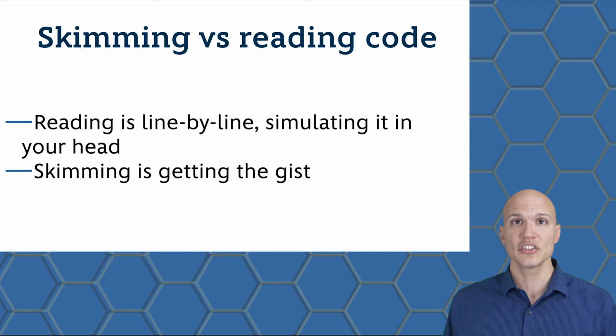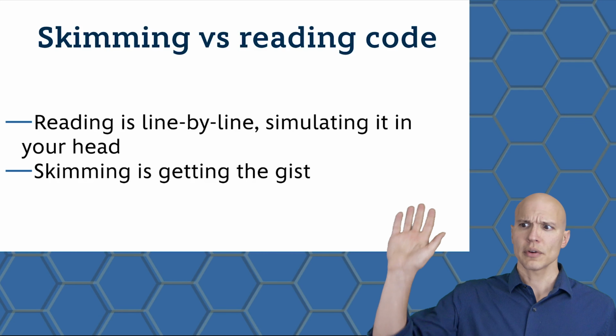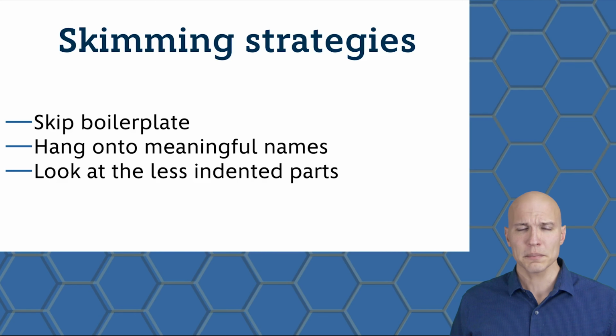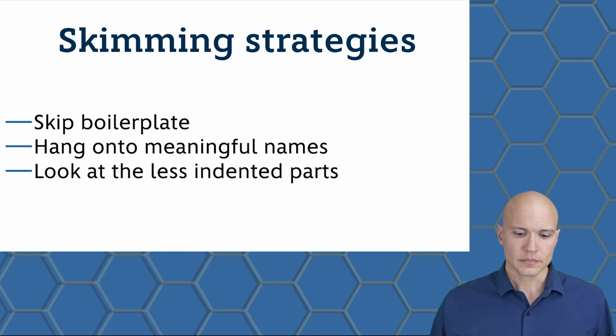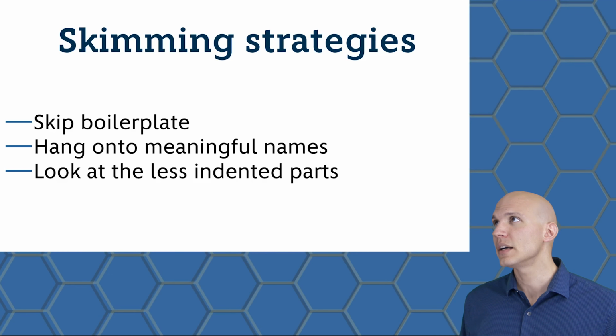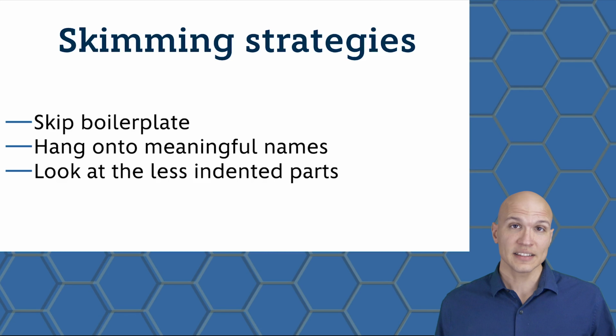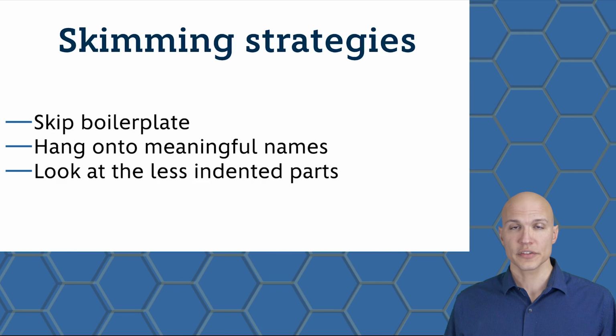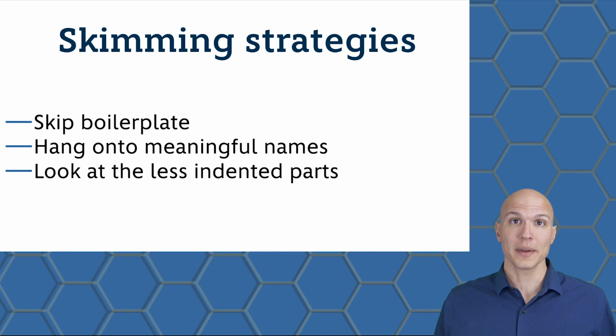Contrast that with just getting the gist of the code, running through it, taking a glance at it, and just guessing, oh, it probably does something like this. Now, what do I mean by that? Let's say at the top of my code, there's mention of eggs and cups and flour and sugar. And at the end of the code, there's a variable called cake. I can guess that the gist I'm getting from the code, having not looked at any of the logic, is that this is a recipe for making cake.